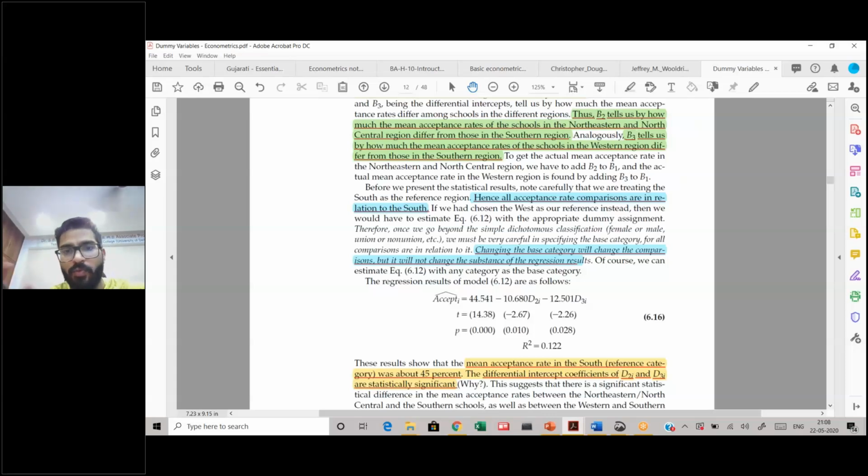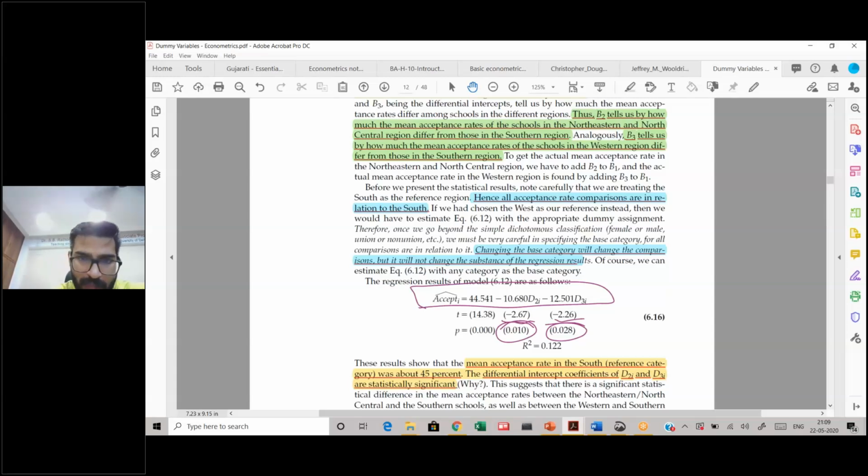Now we had the data, we fitted this regression line. All you need to do is pick up these p-values. As I told you, these t-values are pretty high, which essentially translates into the fact that the p-values will be small, and we will be able to say that both D2i and D3i are significant at 5% level of significance.